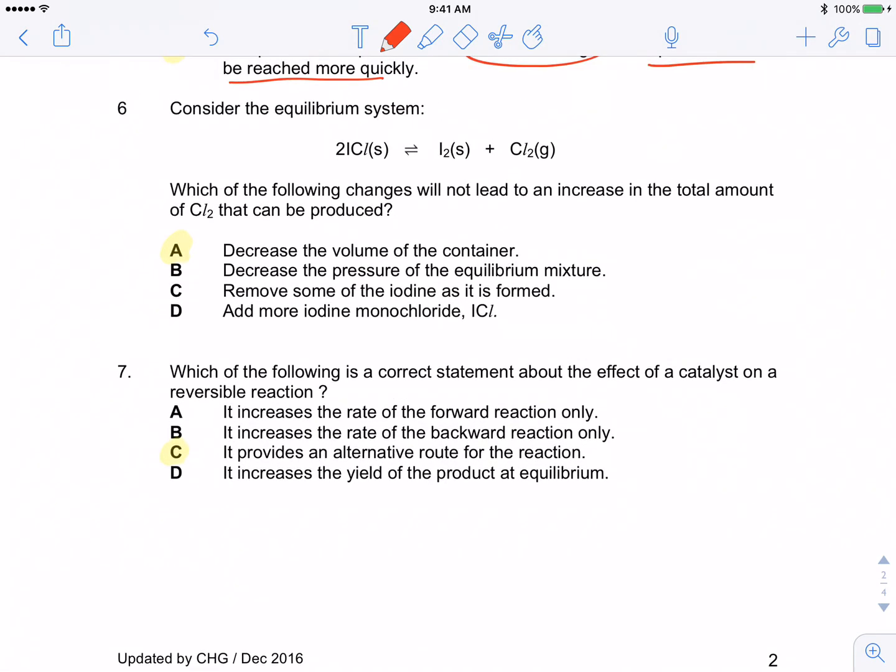Question 6. Consider the equilibrium system. Which of the following changes will not lead to an increase in the total amount of CO2? So you do not want it to favor this direction. Let's read the options. A. Decreasing the volume. If I decrease the volume, how is pressure changed? When volume is decreased, pressure is increased. When pressure is increased, it will favor the side